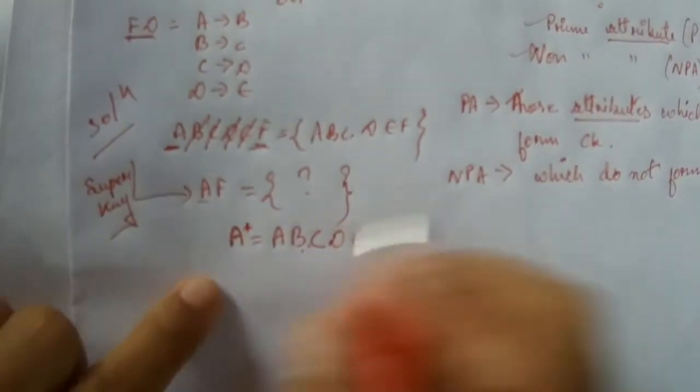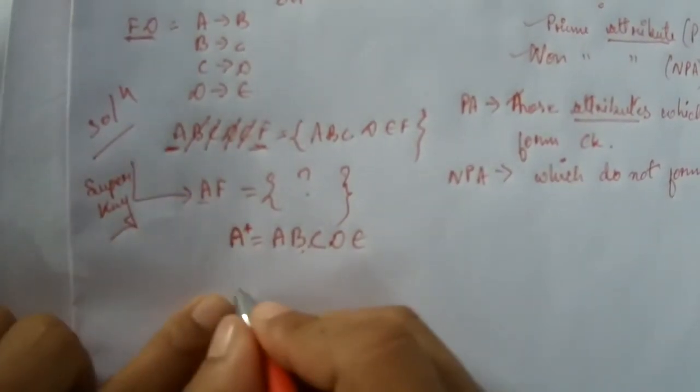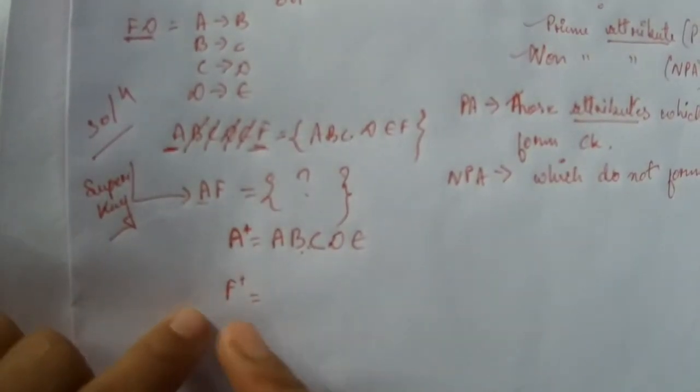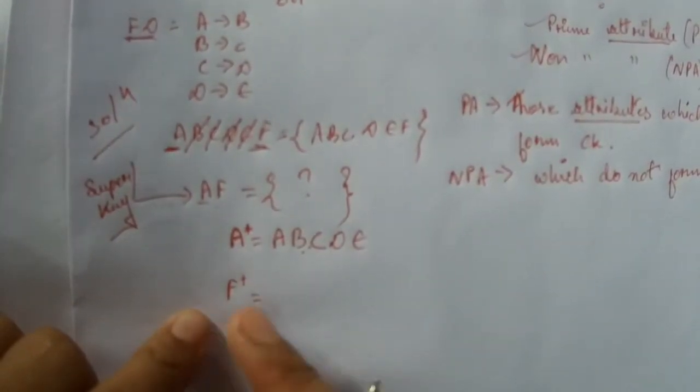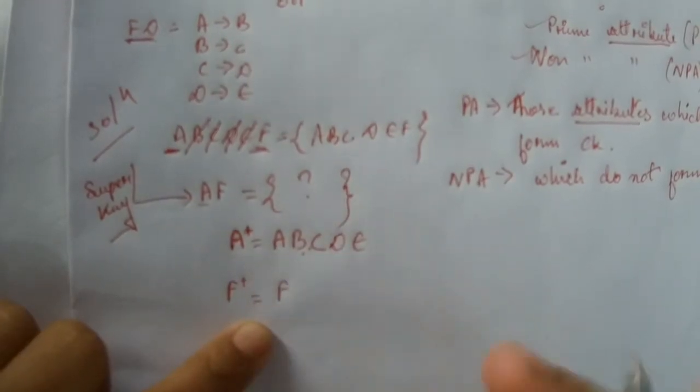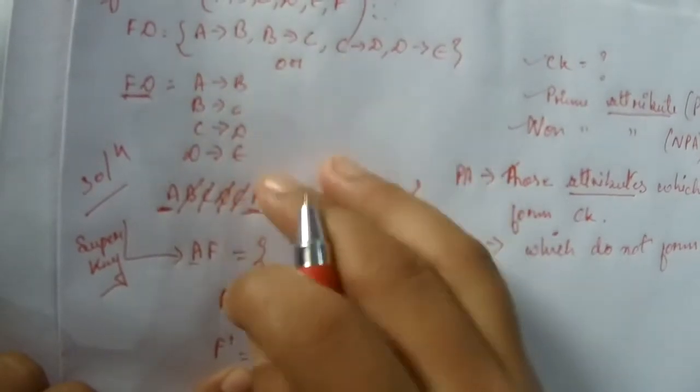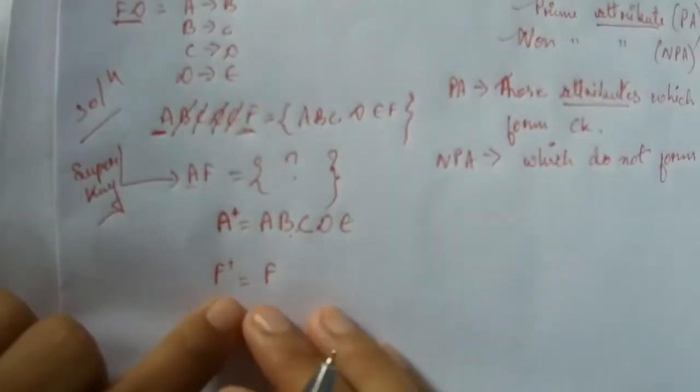Next is F. Okay, we have F also here, right? So we will write the closure of F. Now we will find the closure of F. So first of all, the closure of F will determine itself first, again because of the reflexive property. Okay, now come back to the functional dependencies. Is there any F on the left side here? No, we do not have, so we'll just stop it here.